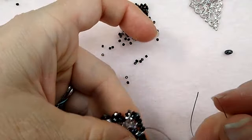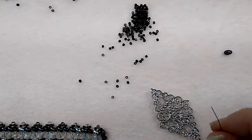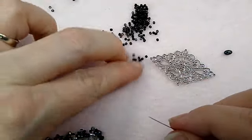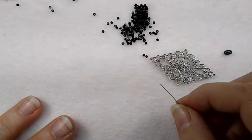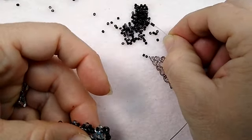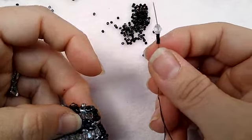Okay, just like that. Now we're going to sew on the filigree piece, and what I did not do is leave a lot of thread on here. So I'm going to, let me see here how I want to do this. Not delicas. Do I want to use 15-ohs? I'll use delicas. I'm going to pick up 4 delicas, a bicone,